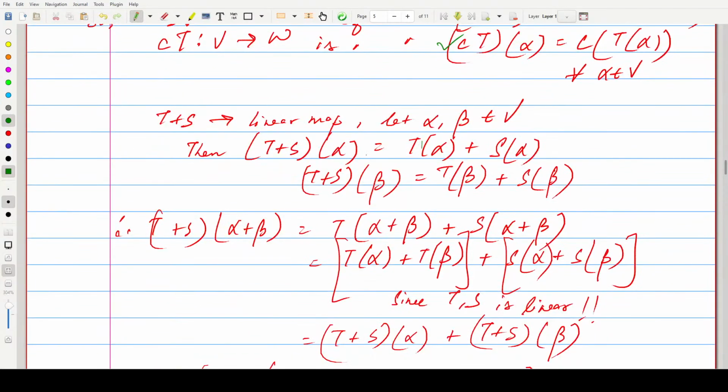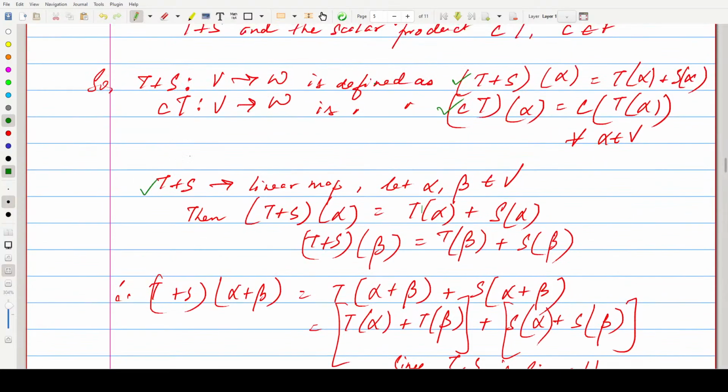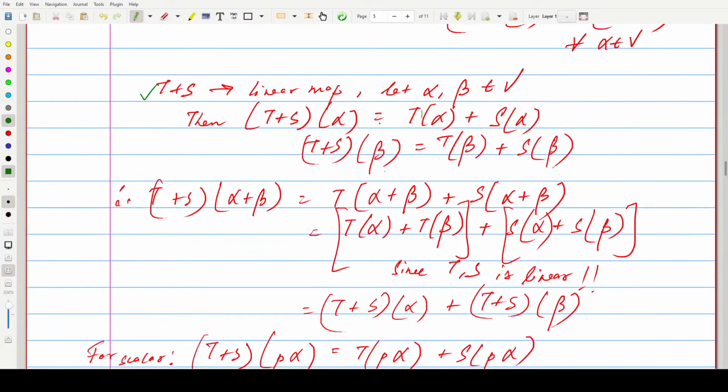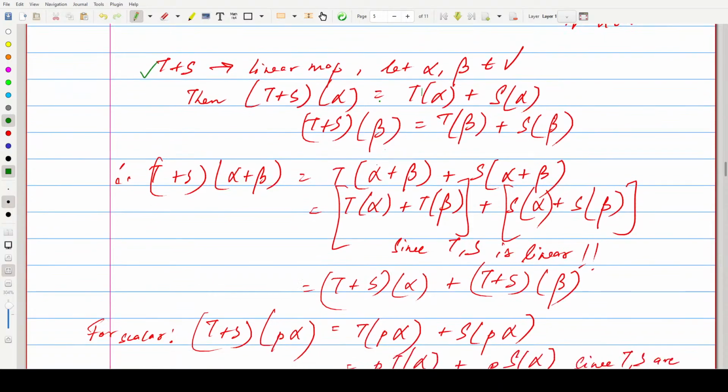And we check how we interact these two transformations. So we have T plus S, the sum of two linear maps, and thus T plus S of alpha is equal to T alpha plus S alpha, and T plus S of beta is equal to T beta plus S beta. And T plus S of alpha plus beta, if we do this entire thing and add these two, we will get T of alpha plus beta plus S of alpha plus beta, which means T of alpha plus T of beta,